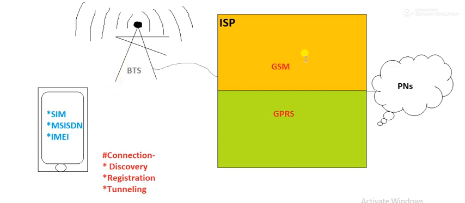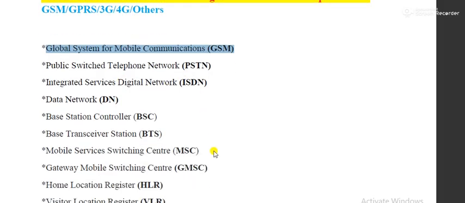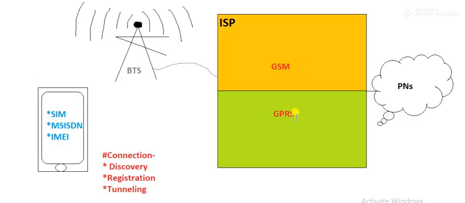GSM works. Basically the GSM and GPRS are a part of the internet service provider. In short, if you see the GPRS architecture, that is your next term. GPRS is the general packet radio service. It includes GSM itself, and GSM is half of that GPRS architecture. That's why you should know the GSM architecture. In fact, instead of GPRS, 3G or 4G, in short GSM is connected to the 4G. So this is just a general architecture.